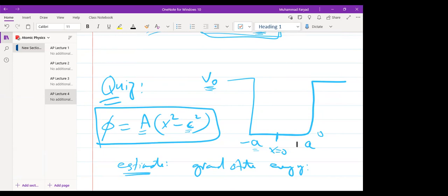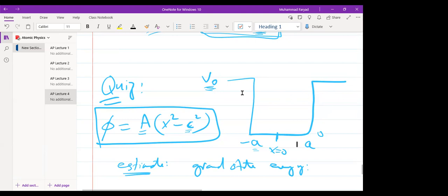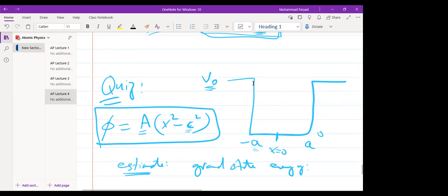सर, फिर ये लिमिट से हम लोग 0 से -a लेंगे या ये लिमिट्स की सर समझ नहीं आ रही है। ये फाइनल लिमिट्स माइनस इन्फिनिटी से -a तक और फिर -a से a तक और फिर a से इन्फिनिटी, इस तरह से लिमिट रखेंगे तो फिर ये होगा। हाँ, -a से इंफिनिटी तक सर। नहीं, माइनस इन्फिनिटी से -a तक और फिर -a से a तक और फिर a से इन्फिनिटी तक। ऑलराइट, थैंक यू सर।